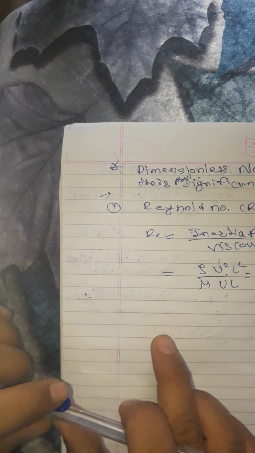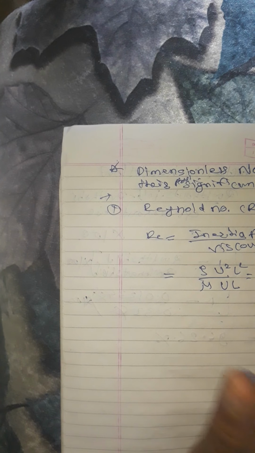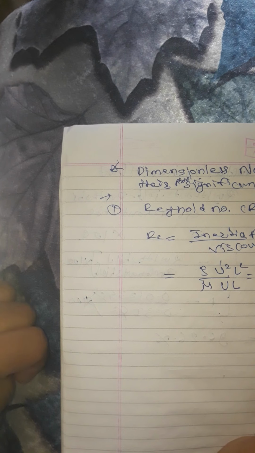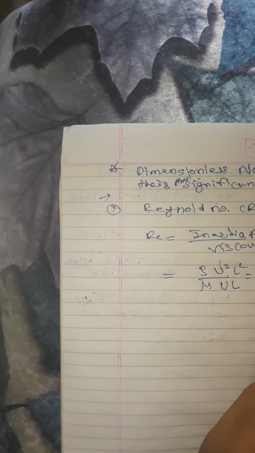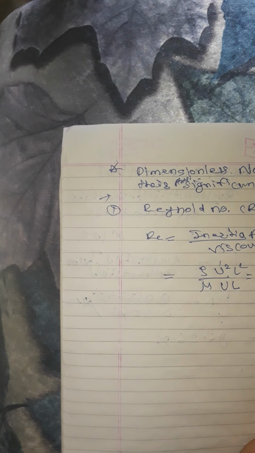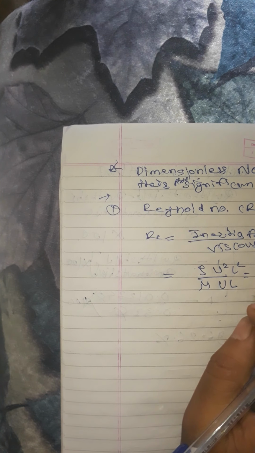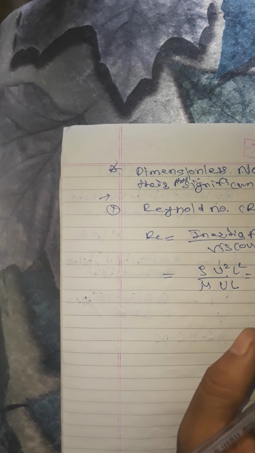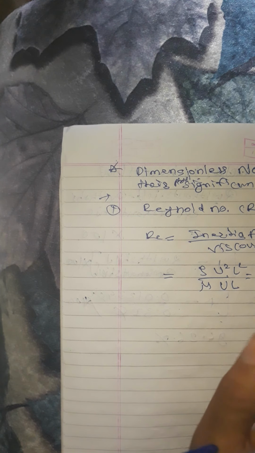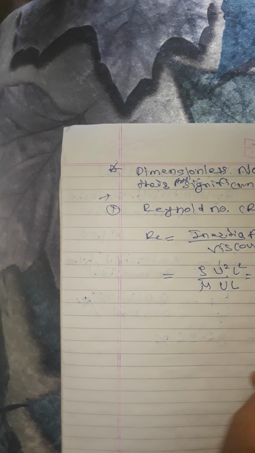Reynolds number signifies the relative predominance of the inertia force to the viscous force occurring in the flow system. The higher the value of Reynolds number, the greater will be the relative contribution of the inertia effect. Reynolds number is taken as an important criterion of kinematic and dynamic similarities in forced convection heat transfer.